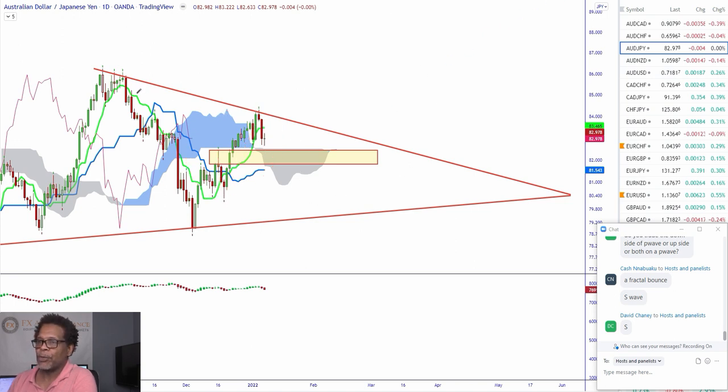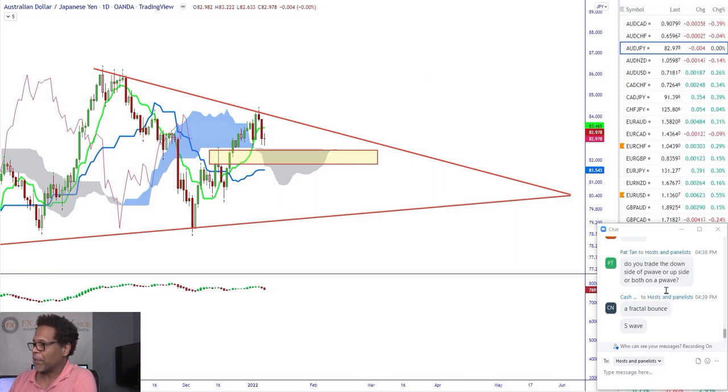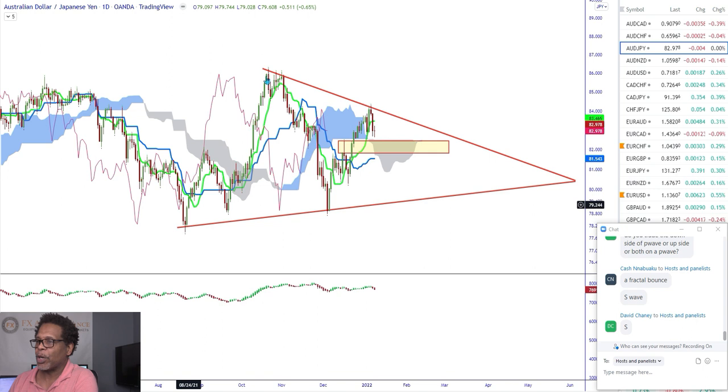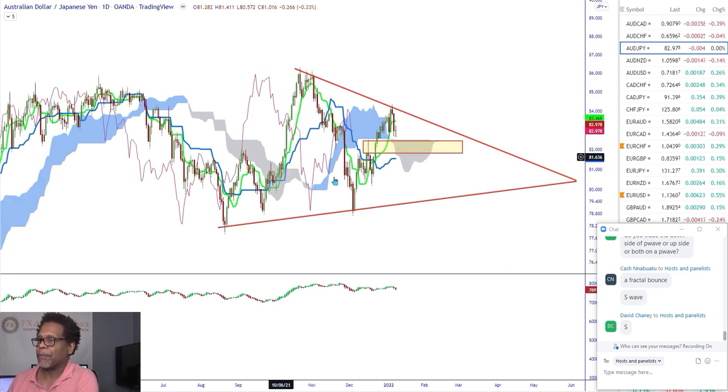Somebody asked me if we could trade both ways, if you're trading, take Ichimoku off your chart, right? Because you're in fluctuation. You're asking me, do you trade the downside of the P wave or the upside or both? You can trade both, because it's basically structure that you're looking at. It's like looking at trend lines. If you just had trend lines on your charts, wouldn't you trade them? So you could trade these trend lines. You can trade these upper and lower levels, but you have to see the wave to do it.